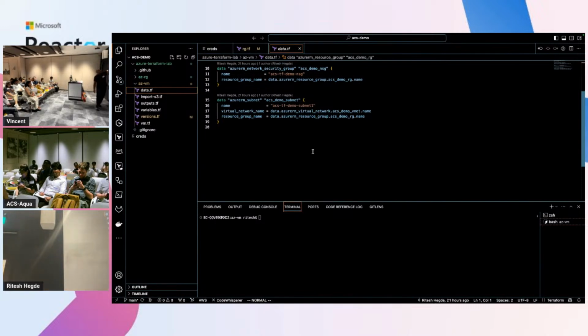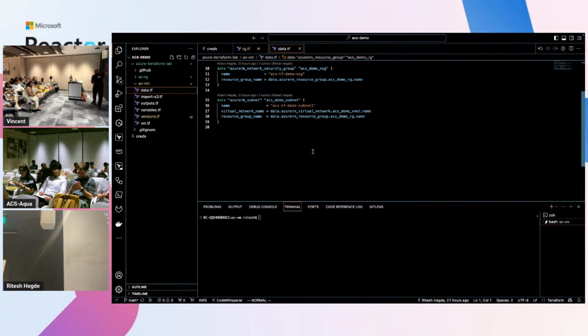If you look here, I'm providing data wherein I'm saying that rather than create, I already have a resource group. I already have a security group named ACSTF demo NSG. So whenever I want to create a NIC, or a VM which needs a NIC, or any public IP which needs connection to the NIC, rather than creating a new NSG every time, I can pass this data information. So Terraform will understand that rather than creating, I have to utilize the current existing